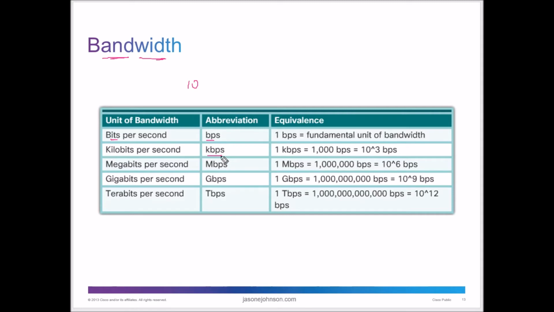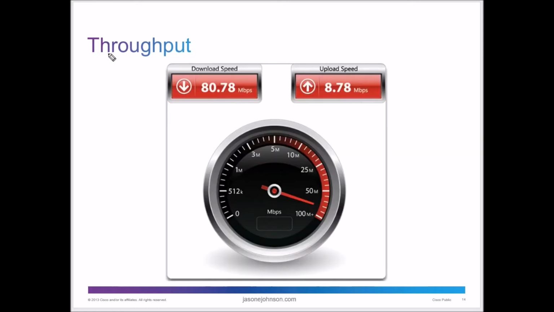So we're talking about kilobits here, and it goes up using the metric system: kilobits, megabits, gigabits, terabits, and that's your speed. That's how much data you can push through a particular area. So when we talk about bandwidth, we're talking about how wide that road is. And when we talk about throughput, throughput is how much data we can put through at a particular time. So how many cars can we drive down that road at any particular time?